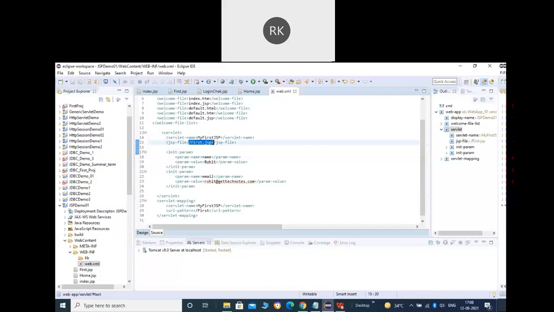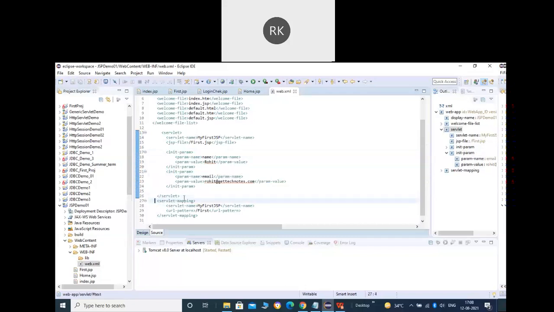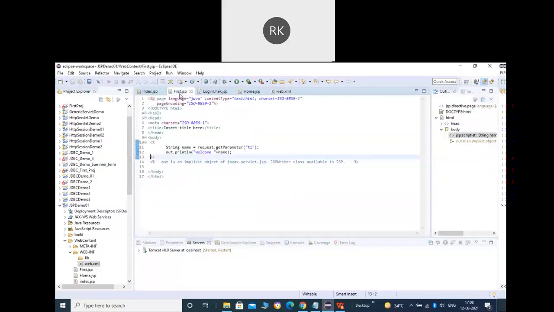And after that, if you remember, we will have the servlet class. Okay, but here because we are not having a servlet, we are having a JSP file, in place of class we have to use the tag jsp-file. And here you can write the name of the file, first.jsp. Actually, it will be the URL pattern there. And inside this servlet tag, I can define the init parameter. Okay, and they can be defined exactly the same as we have done in case of servlet, with the param name and param value. In that way, you can see I have defined two things here.